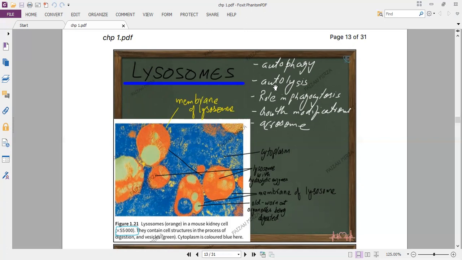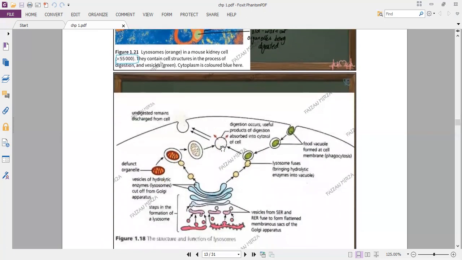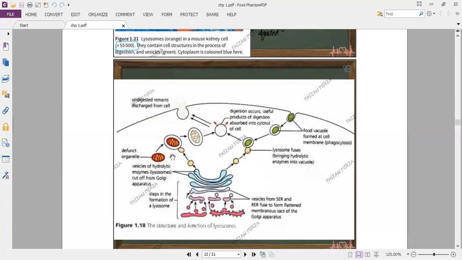Lysosome can also carry out the process of autolysis, which means that the organelle can cause the cell to commit suicide, which is referred to as programmed cell death or apoptosis. You don't really need to learn the term apoptosis or programmed cell death, but yes, autolysis should be kept in mind. It means that lysosome can fuse with all the organelles one by one, killing each, degrading the structures altogether, and eventually bursting and causing the cell to die as well. It is performing an important role in phagocytosis, growth, as well as how the sperm actually penetrates the egg.